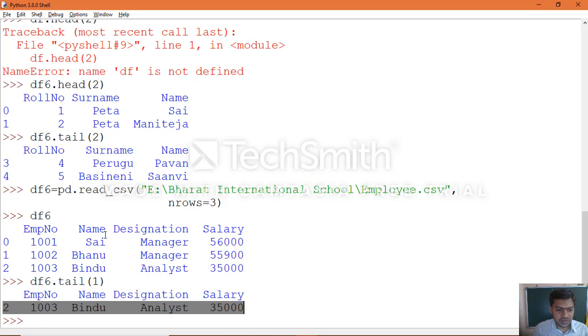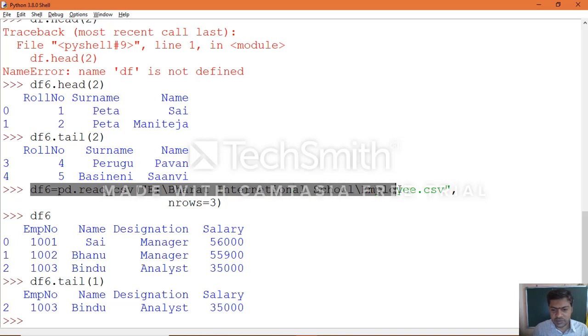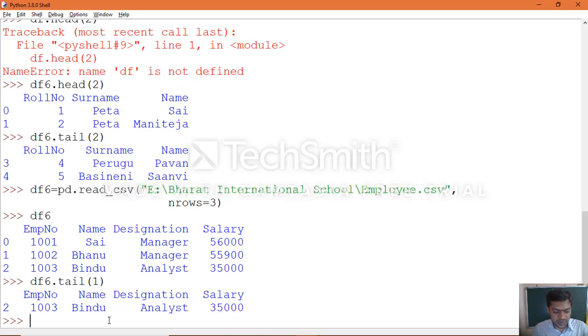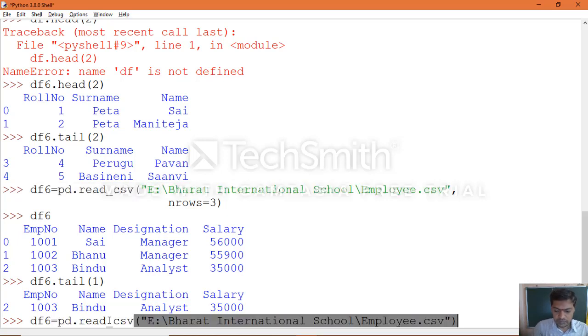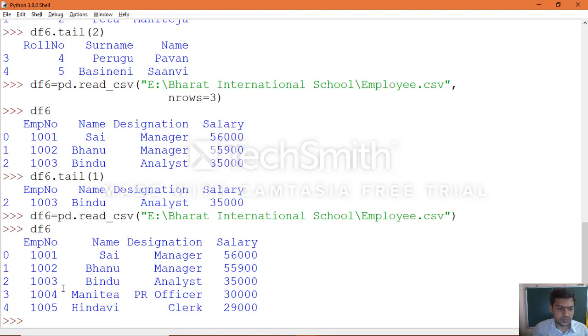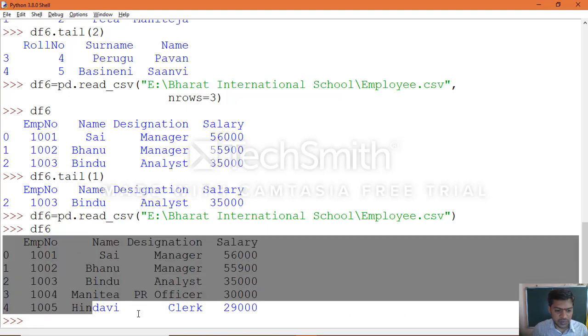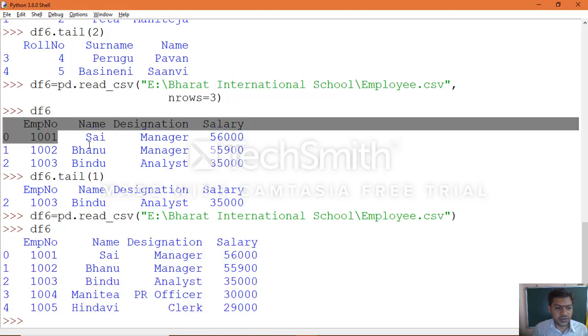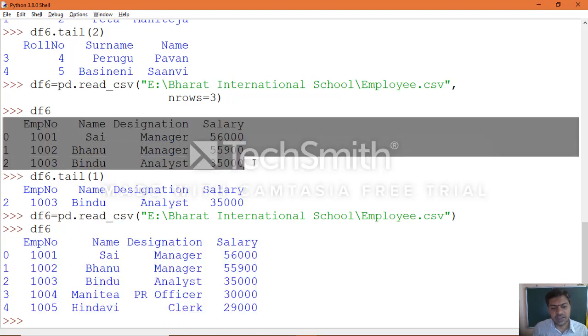So now we'll get back the complete data frame object, which we saw in the CSV file. The same thing we will see below, the complete information of the object. Yes, this is the actual object which is holding the information. Among this we extracted 3 rows, that is what the statement nrows equal to 3 does. Then we got only 3 rows from the CSV file, and then we applied the tail function, tail of 1, which means the bottom row.